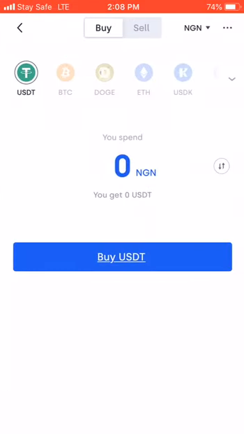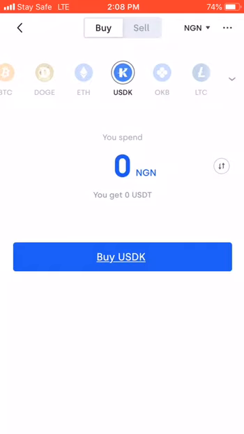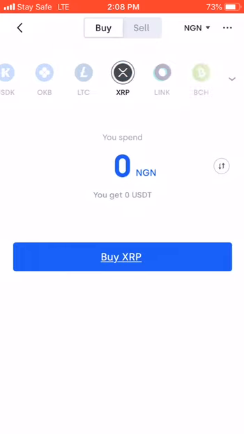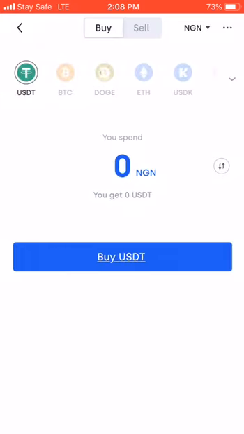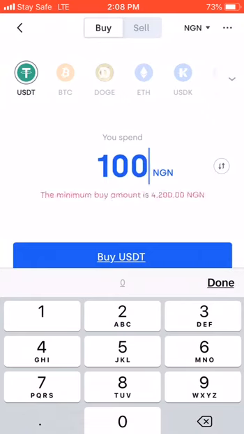You can see USDT, you can see BTC, you can see Doge, you can see Ether, you can see USDK, you can see OKB, you can see Litecoin, you can see Ripple. So many of them will be there. Maybe you want to buy USDT with your local currency. Now, you can put the amount you want to buy with.